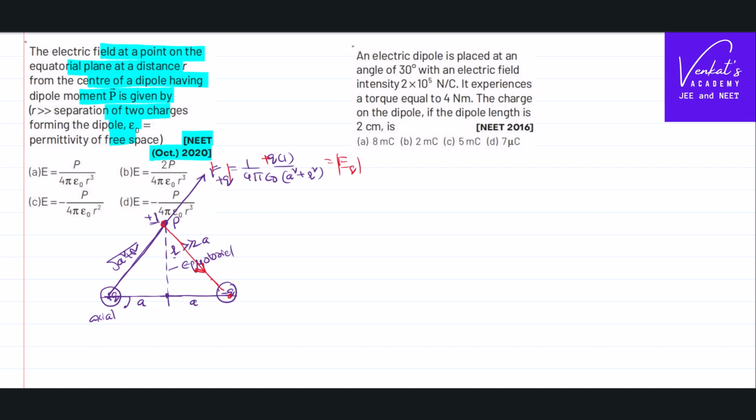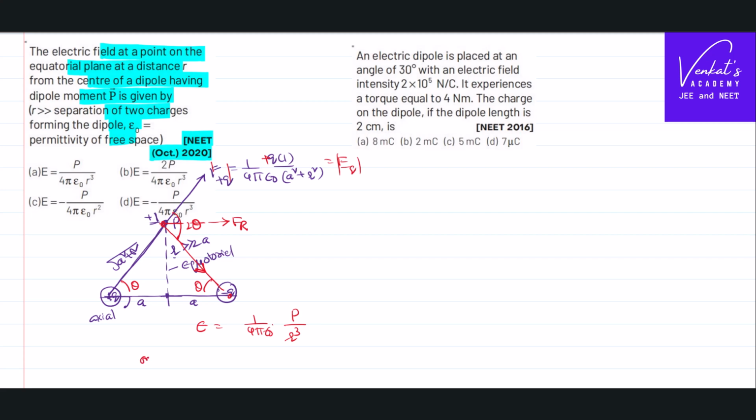If this angle is theta, this total angle becomes 2 theta. We can calculate F resultant using the vector laws of addition. I am not proving all that, but it can be proved that the electric field on the equatorial line is 1 by 4 pi epsilon naught p by r cube,